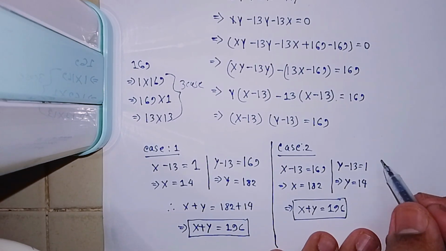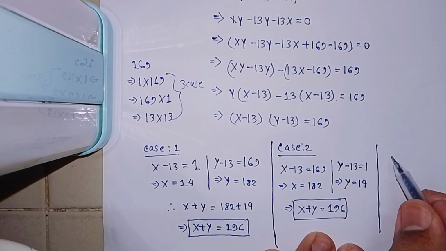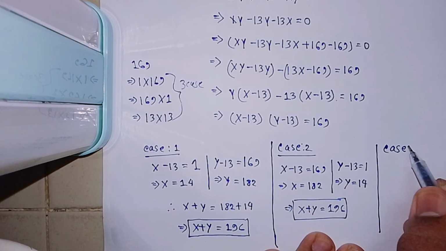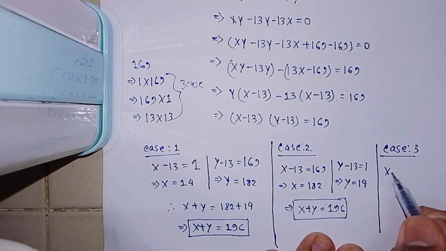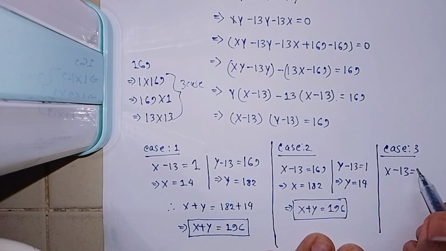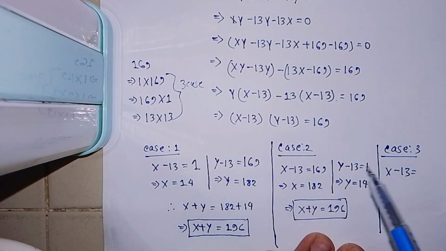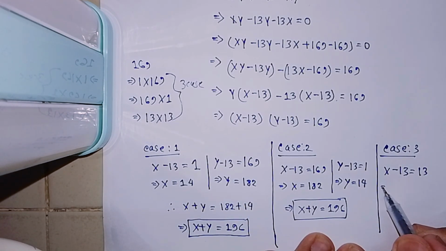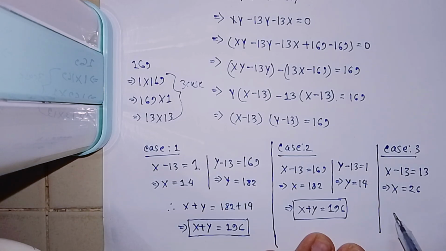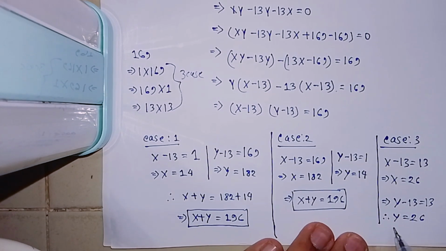Now this is the last case, case 3. This is x - 13 equal 13, so x equal 26 and y - 13 equal 13. So we can write y equal 26. Then x + y equal 26 + 26 equal